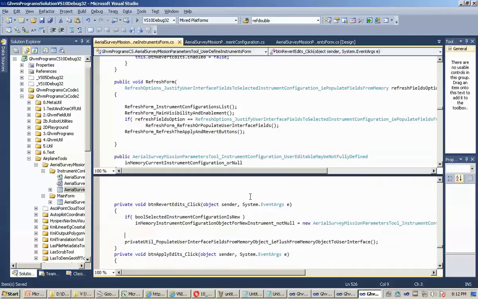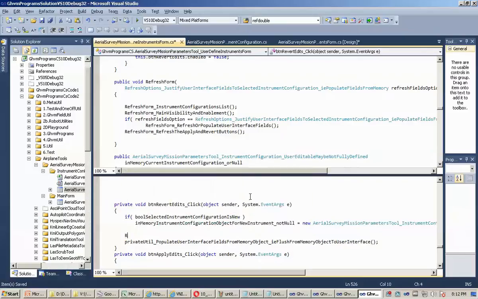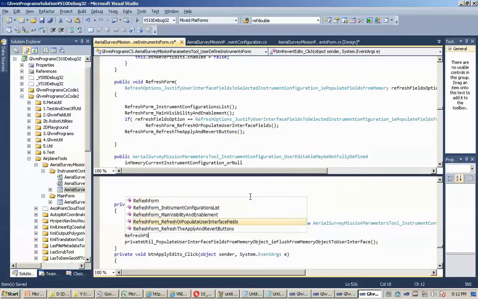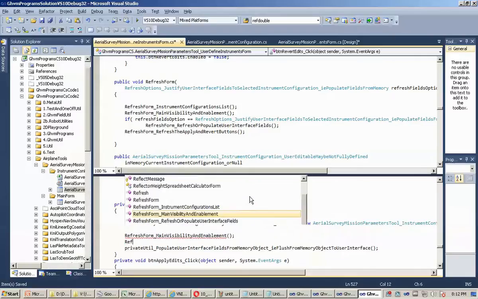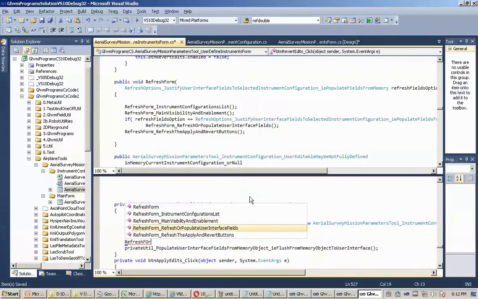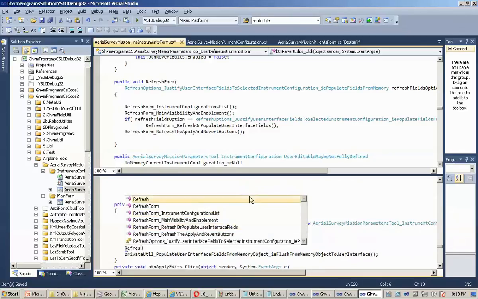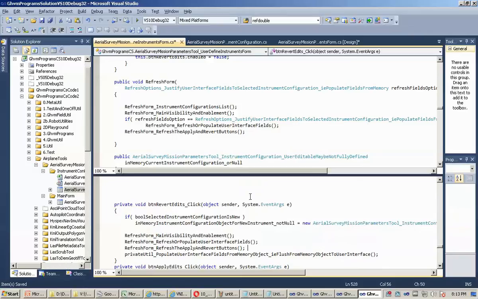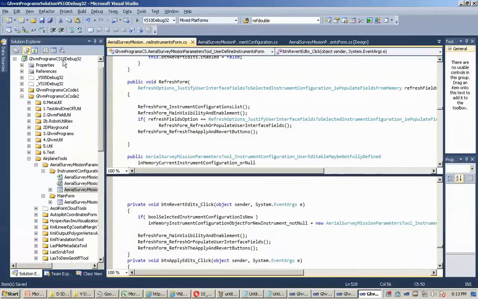So I guess what I can say here is I want to do a few aspects of the refresh form. I don't need to refresh the instrument configurations list. I do want to do this one, and I do actually want to do this one, and frankly, I want to do this one too. It's probably being handled by some event handler already, but